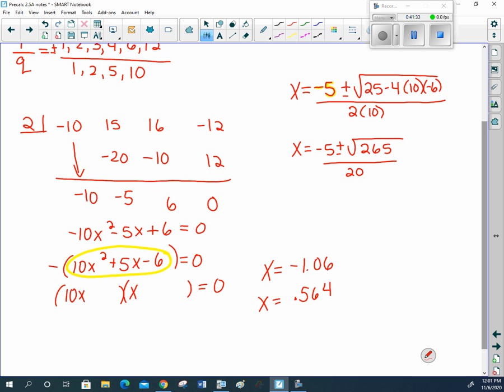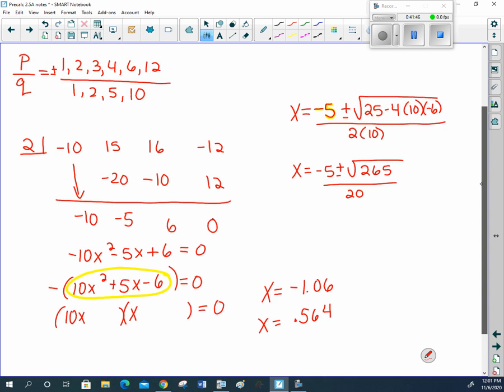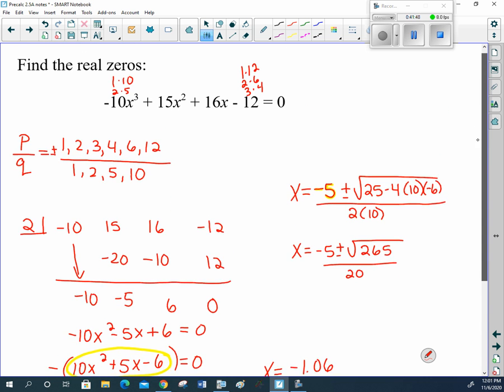After we do all that work, you want it to match, right? And then to do the other one, go -5 minus the square root of 265, hit enter, and then divide by 20. Okay, so when it says find the real zeros,